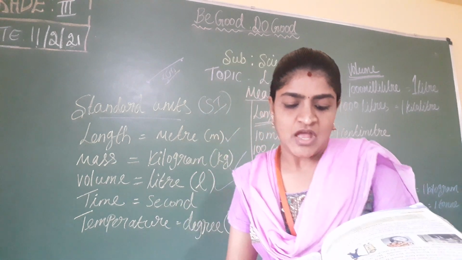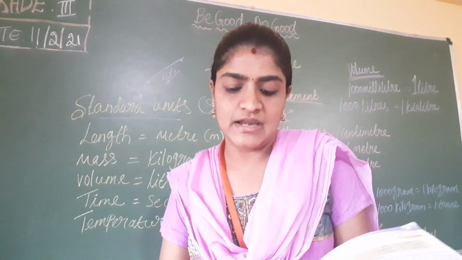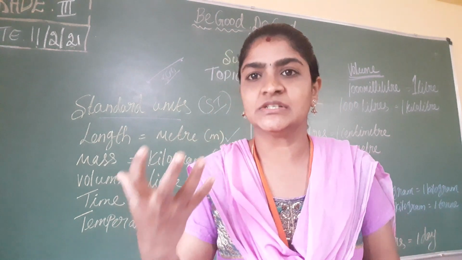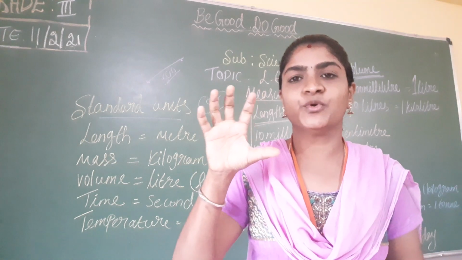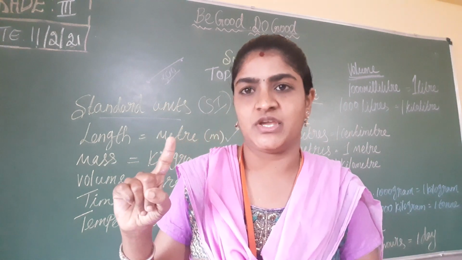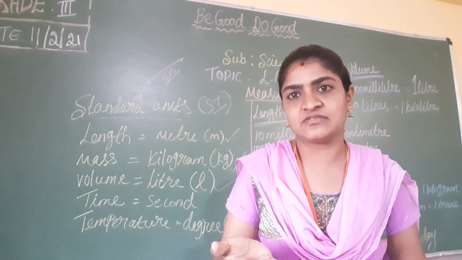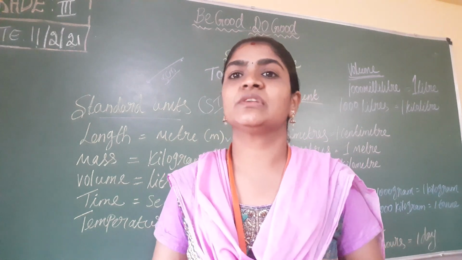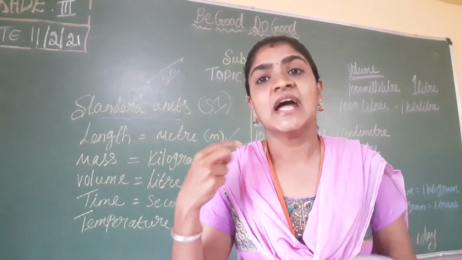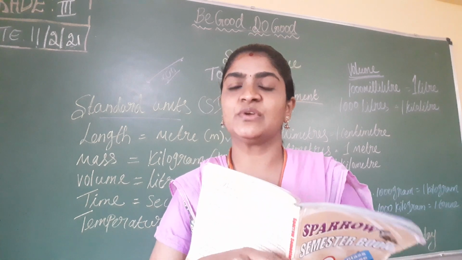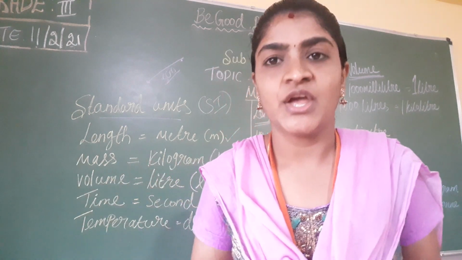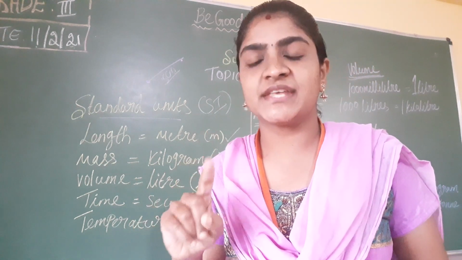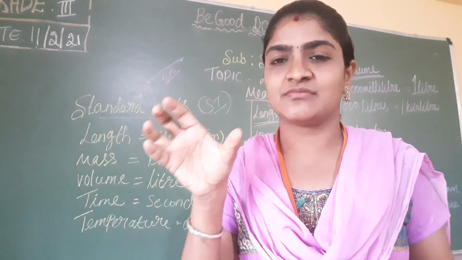And next, mass. Mass tells us how heavy or light an object is. For example, if I want to buy jaggery, if I put only one, I will get 1 kg. Sugar has less weight compared to jaggery, so I will get a larger quantity. So mass tells which thing is lighter and which is heavier. For example, you can buy 1 kg of cotton and you will get a large amount. The same way, you can buy 1 kg of iron and you will get only a small piece like this.